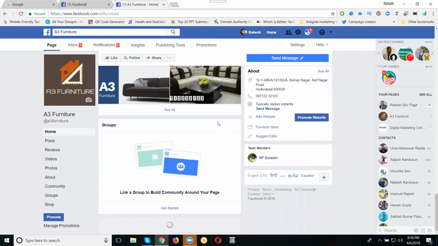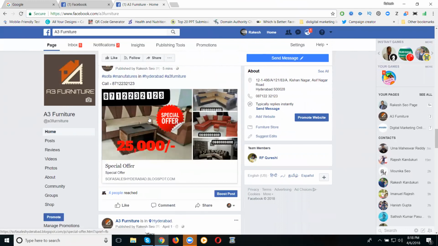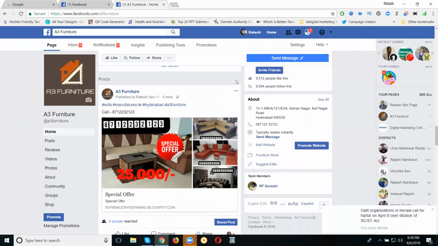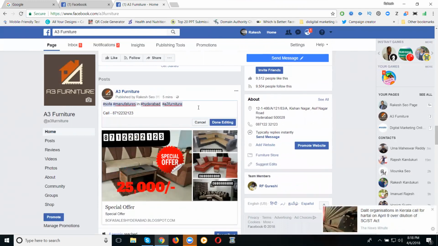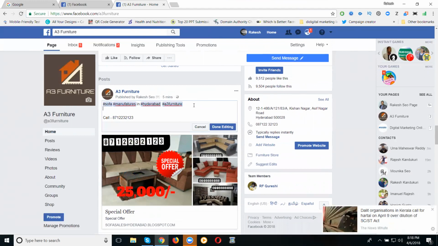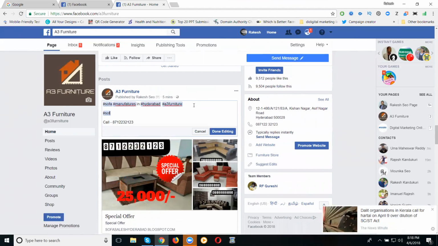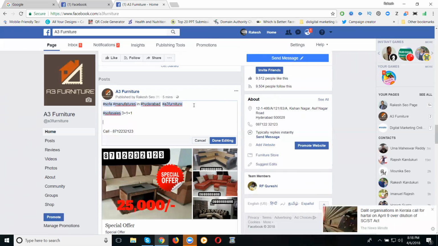So I'm scrolling the option here. I'm ready for this offer. Now just before sharing, just right click, edit post. So for sales, 3 plus 1 plus 1 is a set format. Any places in